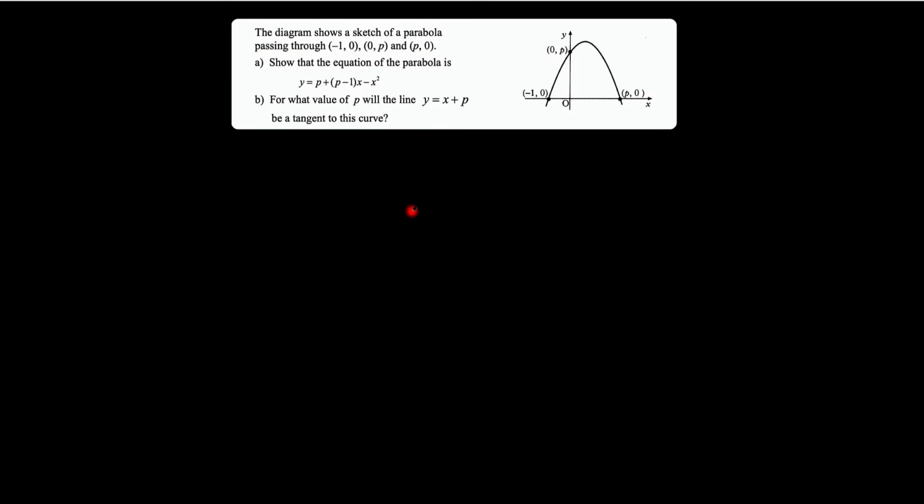Today we'll be looking at a question which states the diagram shows a sketch of the parabola. So this is our parabola passing through (-1, 0), (0, p) and (p, 0). Show that the equation of the parabola is y equals p plus (p minus 1)x minus x squared. Whenever you're presented with a question like that and they ask you to derive the equation